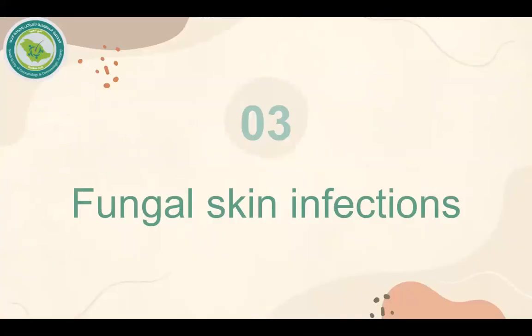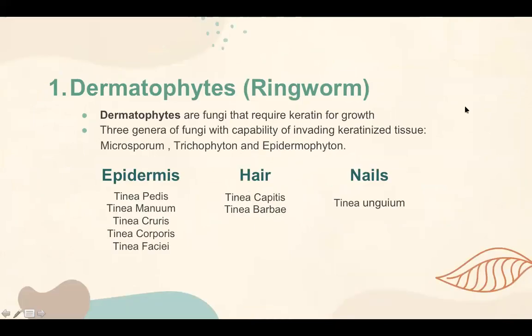Lastly are fungal infections. So there are two groups I'm going to be talking about. The first group is dermatophytes. They are fungi that require keratin for growth. We have three genera of the fungi which are capable of invading keratinized tissue, which is the microsporum, the trichophyton, and the epidermophyton. Now, dermatophytes are also called ringworm or tinea, which is the Latin word for ringworm, and they're